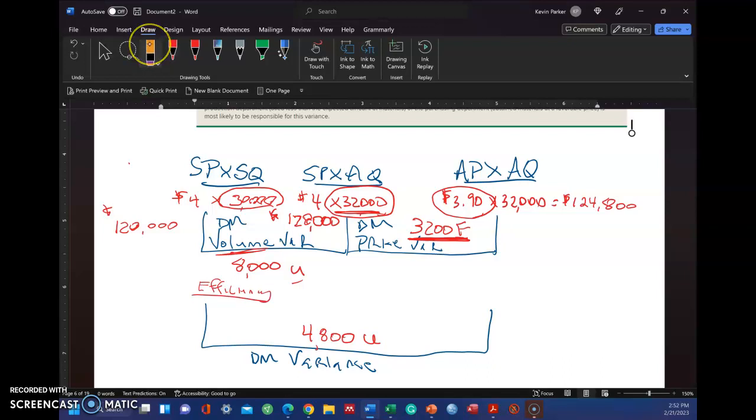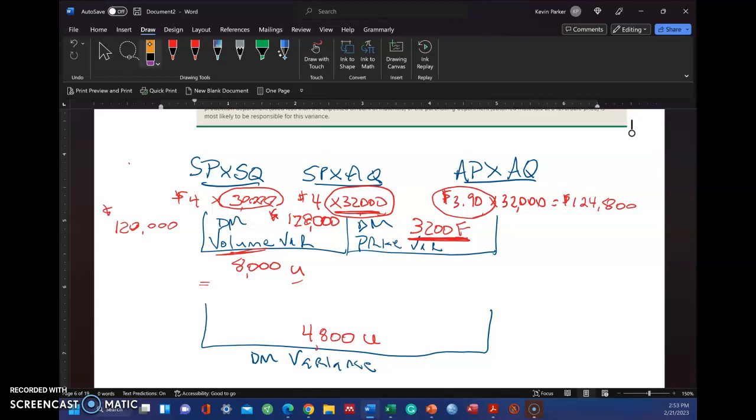It would be better if it was less, right? We were somehow able to produce the same output with less input. In this case, it was the opposite. To produce the required output, we needed more input. So again, we could have bought bad materials, had to scrap some. Machines aren't calibrated right. Labor workers aren't trained well, and they're not producing quality work. Whatever the reason,